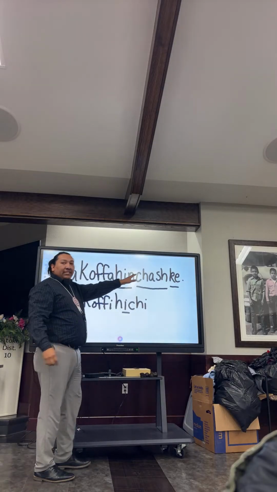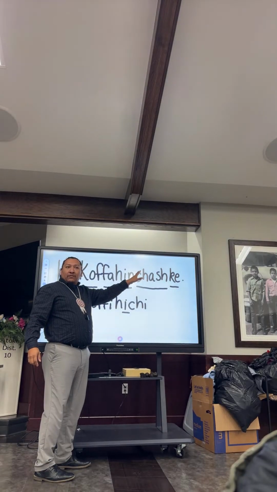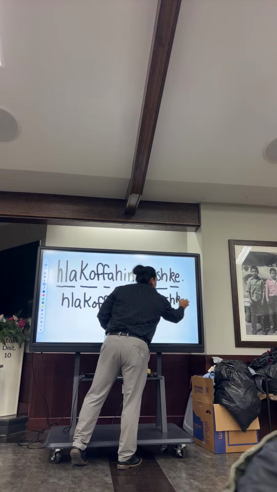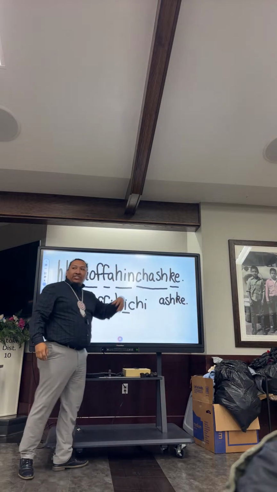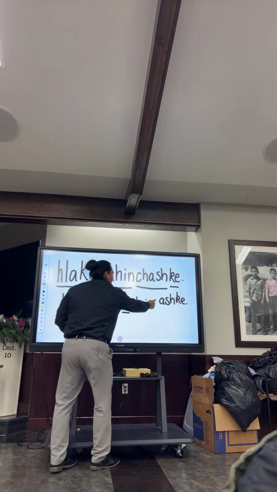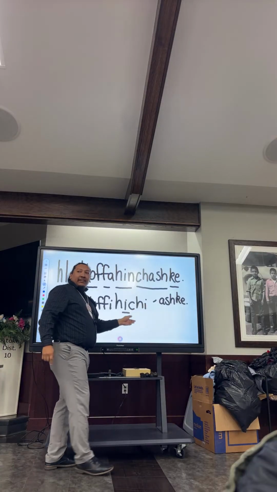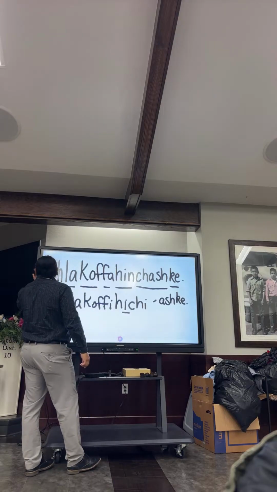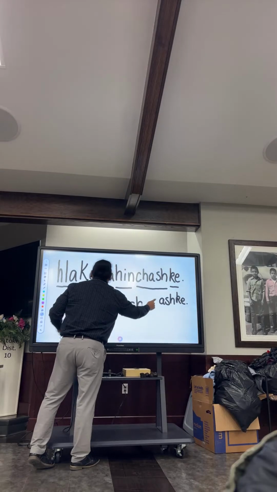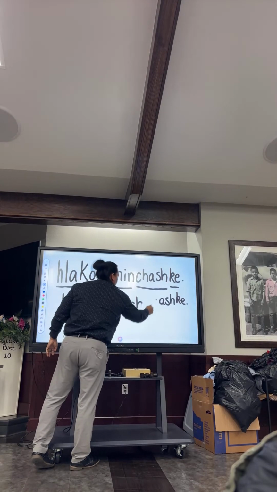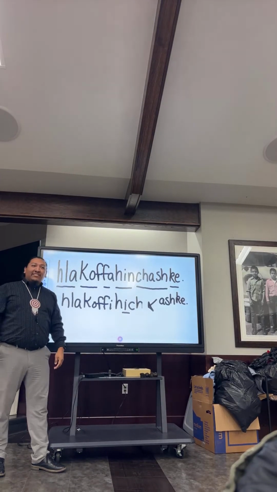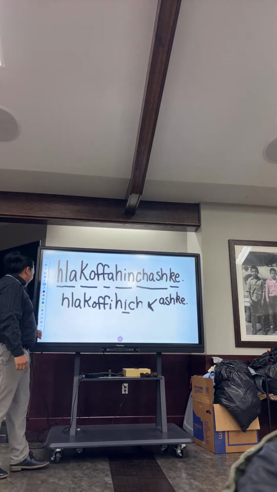And then of course you see this in the Bible, in the Choctaw hymns. You always see ashki. That always means like shall, must, kind of like that. And so all it's doing is just adding it to this. But you got two vowels here at the end, and so you just take that away and just add that right there. And that becomes Saku Fahinchashki. And that's in the Lord's Prayer, if you guys didn't know.